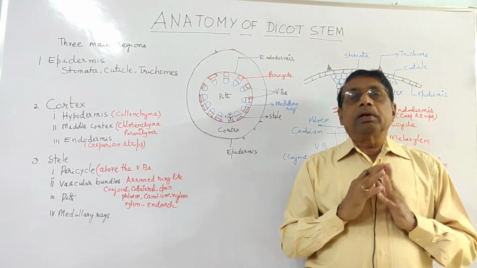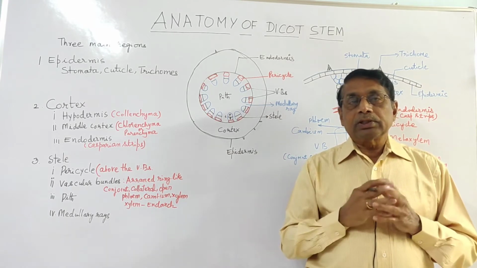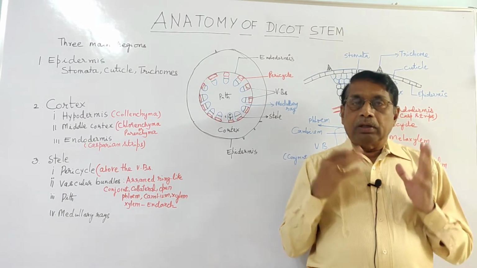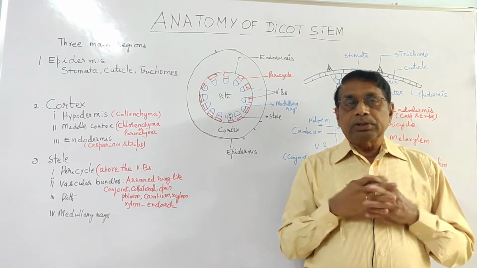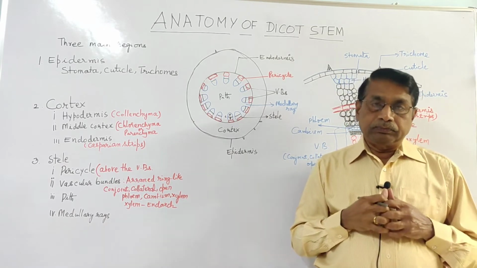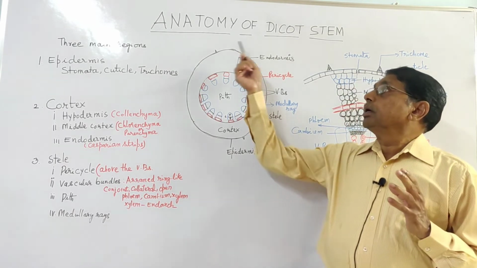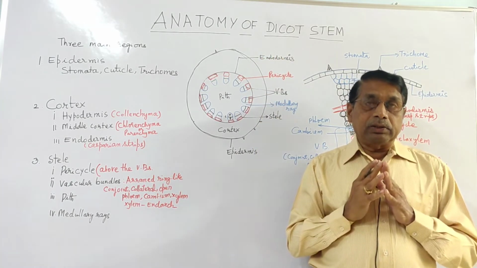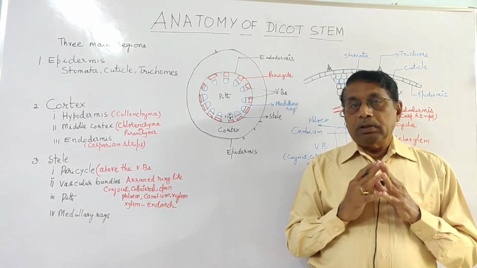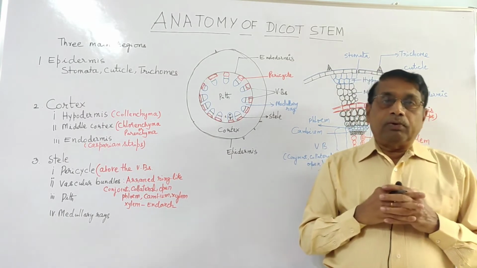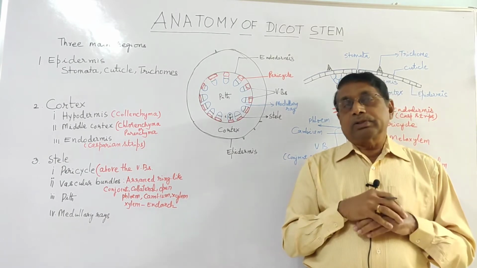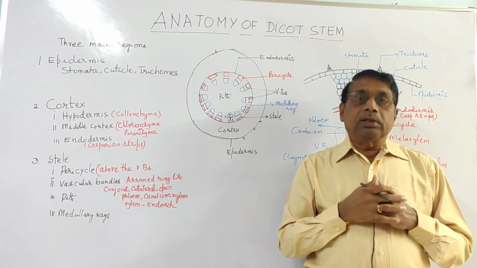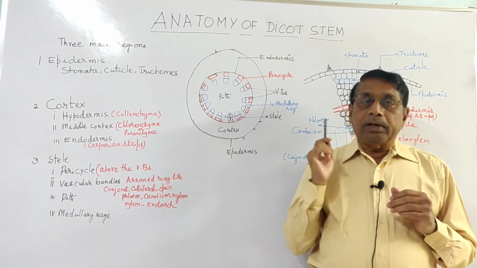So marks will be allotted for different parts: taking a thin section, preparing a stain, then identification, description, labeling, like this. In that way, anatomy of dicot stem is important for theory and practice. Mostly you will be given the stems of Tridax or sunflower, because the sunflower stem will be thick. Mostly you will be given the Tridax stem.